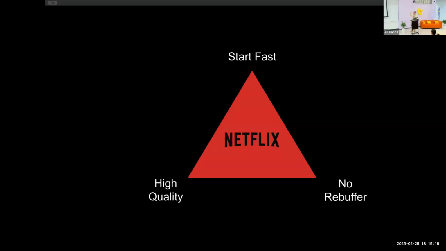If you want to start really fast, then you're going to have to give up some quality, or maybe you have rebuffers throughout the play. You can have higher quality, but then maybe you give up on starting fast to build up the initial buffer, or you don't have enough buffer, and then you will have to rebuffer throughout the session. And that works all ways: no rebuffer, give up quality, and so on.